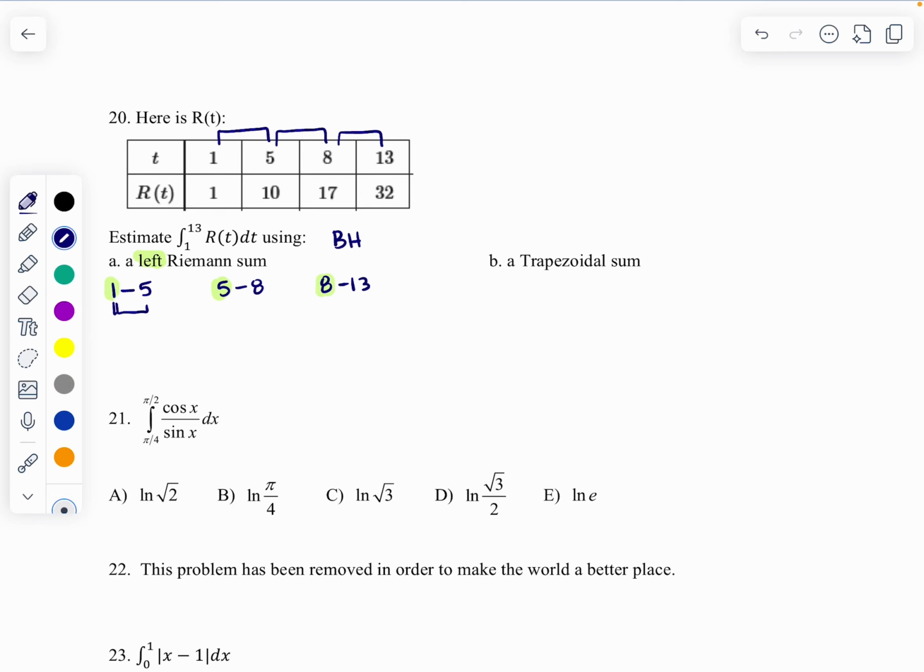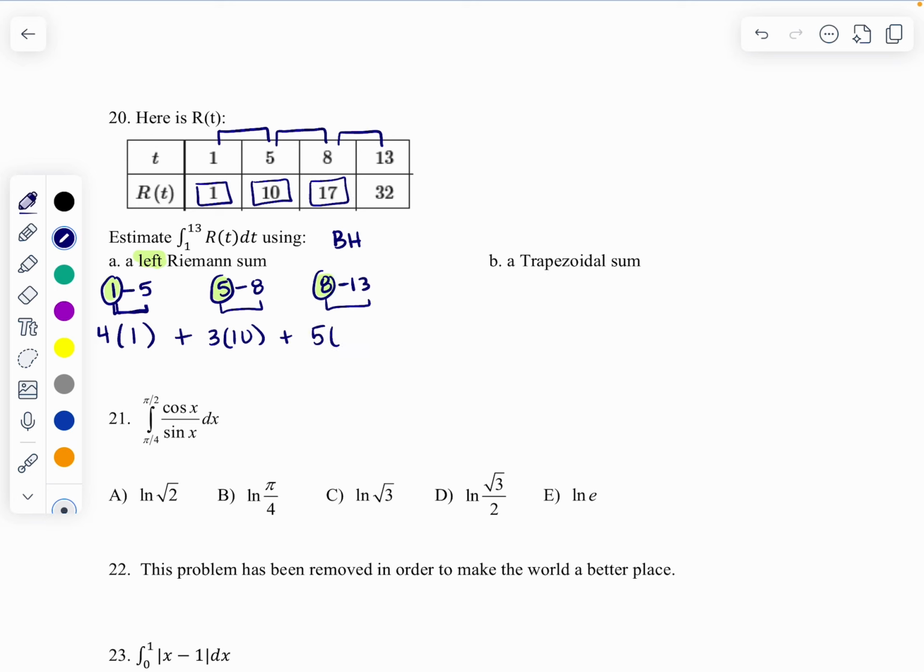So the base of this first guy is a 4, the distance from 1 to 5, and the height at 1, if I look at the table here, the height at 1 is 1. Then plus the base of this guy is 3, and the height at 5 is going to be 10. And then the last one here, the base of this is 5, and then the height at 8 is going